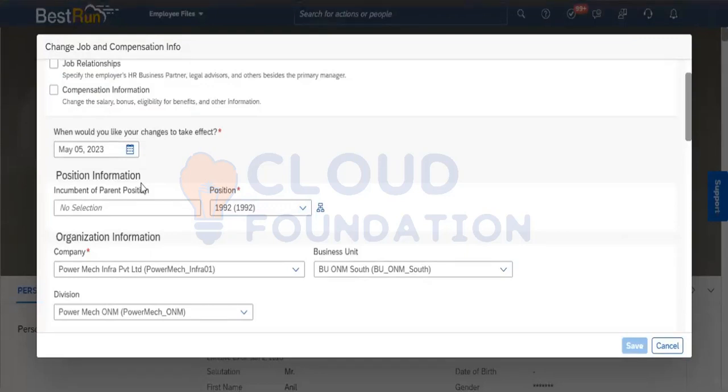One is an event and one is an event reason. Okay, so we need to specify here what is the event and event reason. Now the event and event reason is not showing here. Okay, so the reason is that